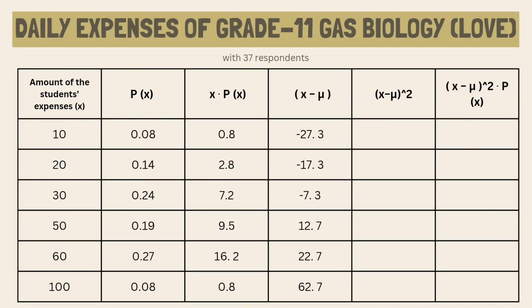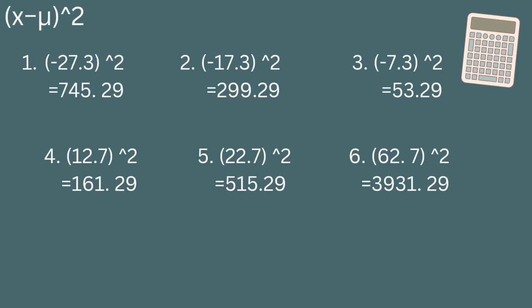So all we have to do is to add it again in our table, so that slowly we can have answers to our questions. So one step at a time. Our next missing row is x minus mu squared. In order to get x minus mu squared, our answers earlier will be just raised to 2, or we will just be having the exponent 2 on our answers earlier. In other words, we will just multiply it to itself. So we will have negative 27.3 raised to 2, which will result to